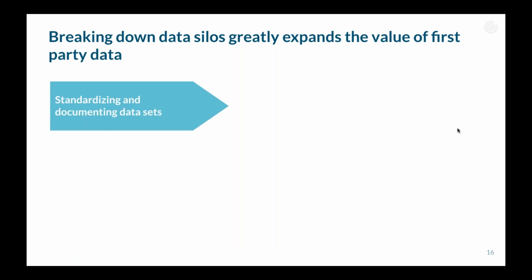One way is to just ensure that everyone can understand and access the data that you have. And a simple thing that you can do in this regard is standardize and document data sets. Standardized and documented data sets will help increase collaboration among and across teams because stakeholders understand what they are looking at and how to use it.